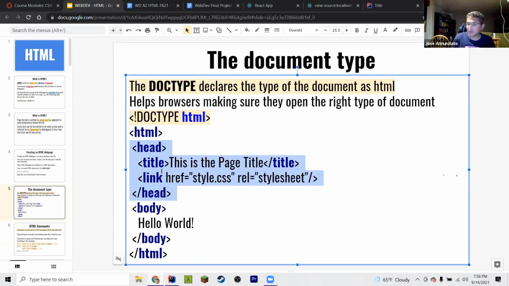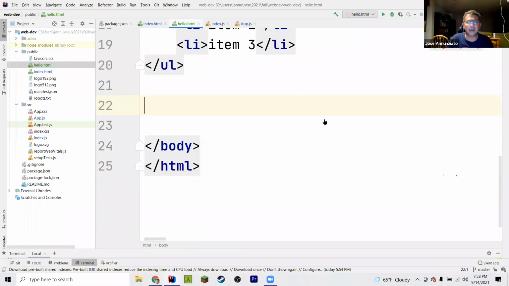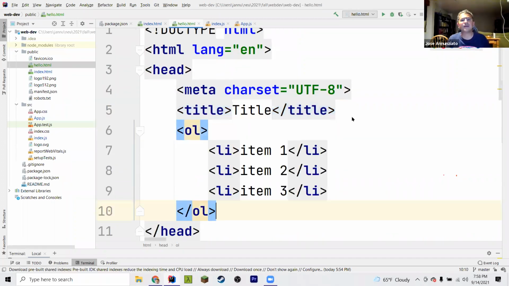This doesn't get rendered. Nobody sees this. The human user does not see this. What they actually see is whatever's inside of the body. If you put it outside of the body, then it doesn't get rendered. So if I somehow move this here, and I move it into the head, and then